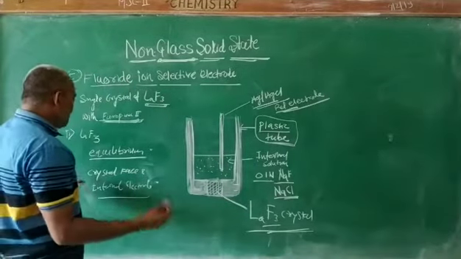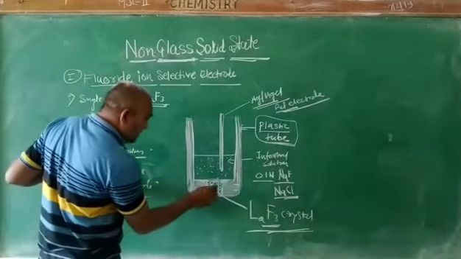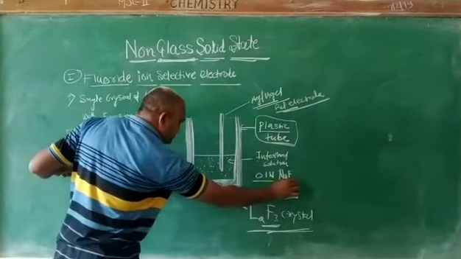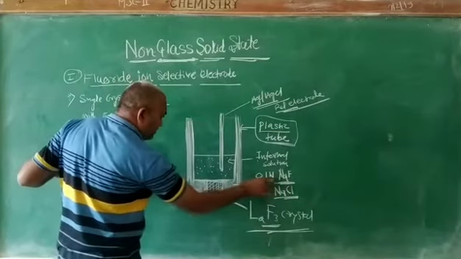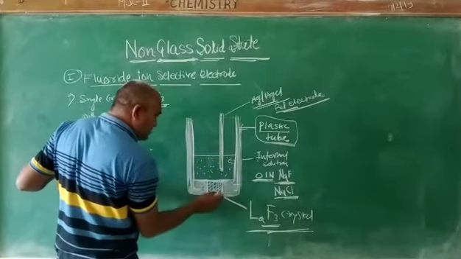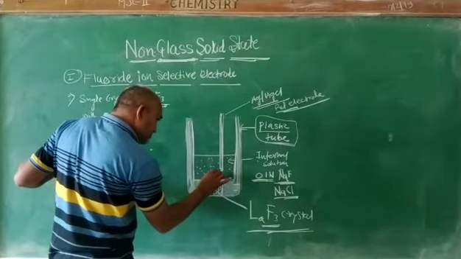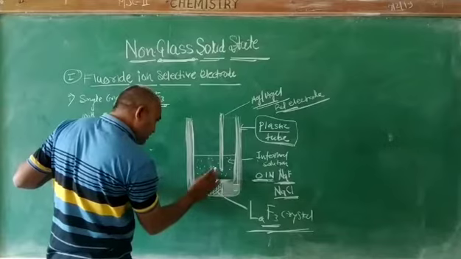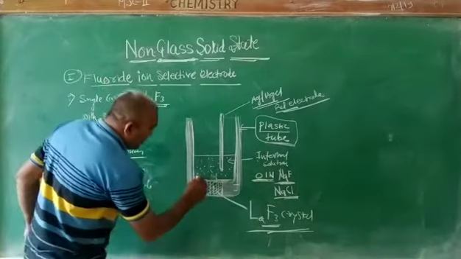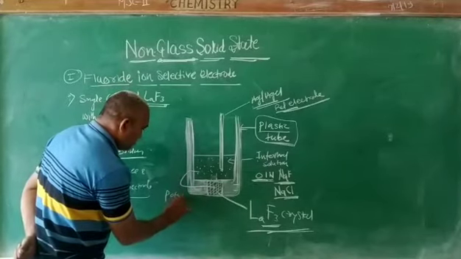The crystal face of LaF3 maintains the equilibrium with the internal solution of NaF. Suppose the internal solution is 0.1 normal NaF solution. The 0.1 normal NaF solution and the LaF3 crystals maintain the equilibrium for the internal solution. So we know the potential of this internal solution and LaF3 crystals. Potential known.